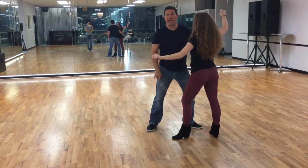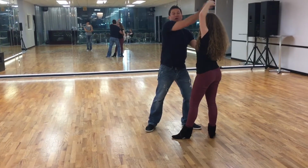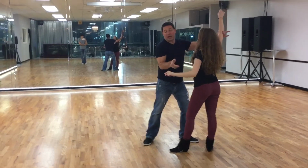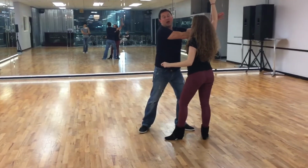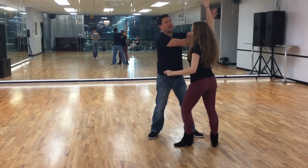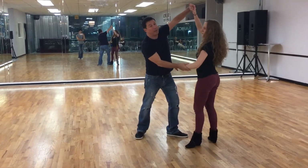So I've got my right hand on her right, my left hand on her right side, and as I take this over on 1, I slide that up and pick up her hand. When I let go of that hand behind her head, I kept the shoulder. I'm gonna give her a redirect, which is still a triple. She's on her left foot on the 2. I'm gonna give her a 3 and 4, and I'm gonna curl that and pick the hand up and look